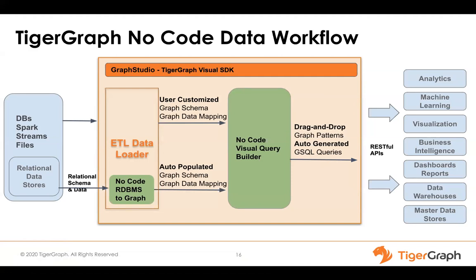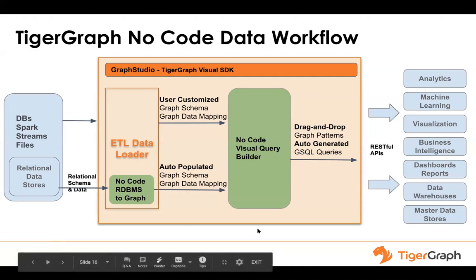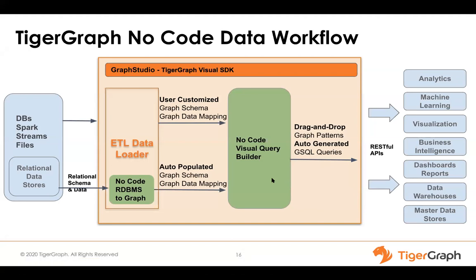Then in the next part, you can use the no-code visual query builder or just the regular GSQL queries to inquire information out of the database. Notice that the no-code visual query builder actually works for both the no-code RDBMS to graph, as well as the regular ETL data loader. So this is a universal